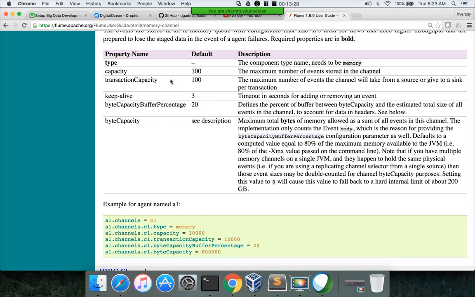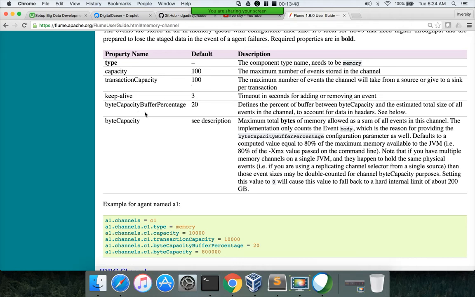At times these two will be the same, but typically I think transaction capacity will be smaller than the capacity. Okay, so within the capacity itself, you can divide into multiple transactions by setting transaction capacity less than the capacity.